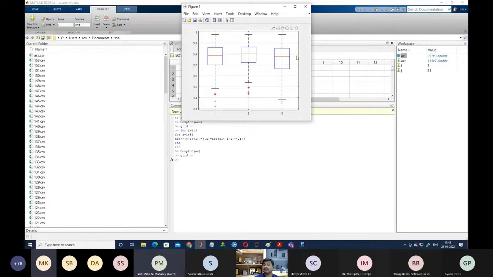Same in the case of the genetic algorithm, we are getting similar types of performance, but in the GA approach, we are using a smaller number of features as compared to all features. The first box plot represents all features, the second box plot represents the significant features, and the third one represents GA. But in the GA, we have only executed 10 iterations, 10 generations. Basically, we have to execute for 50 generations.